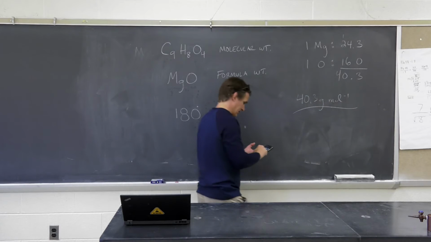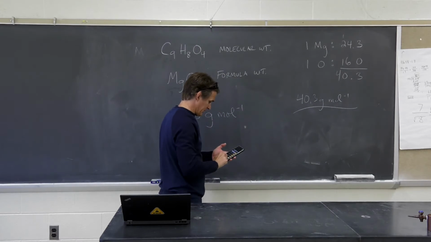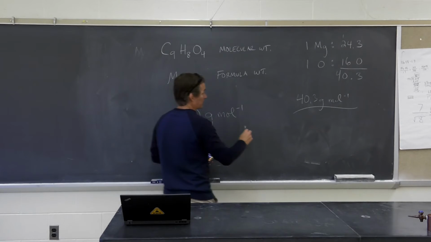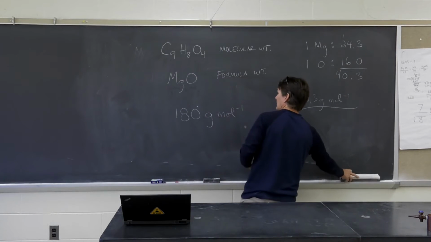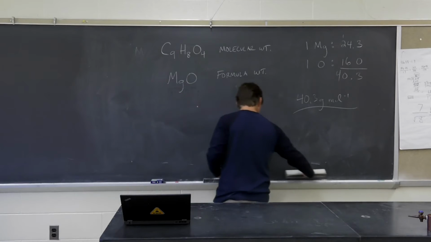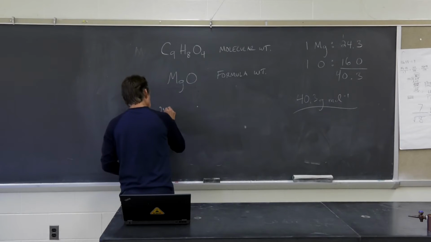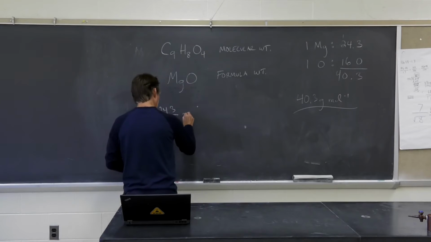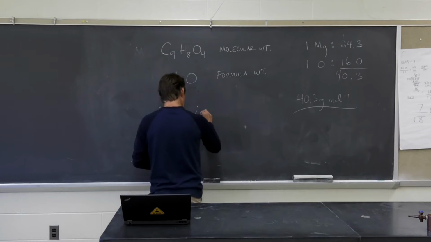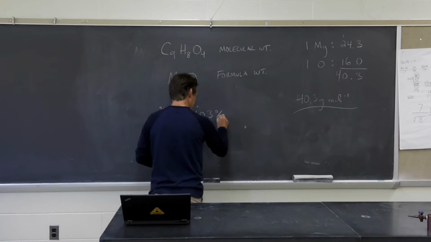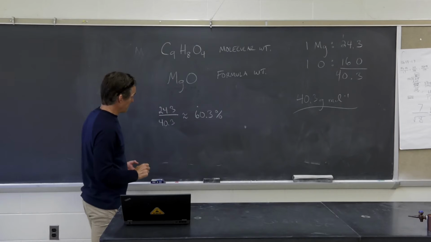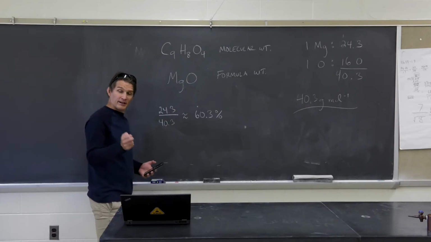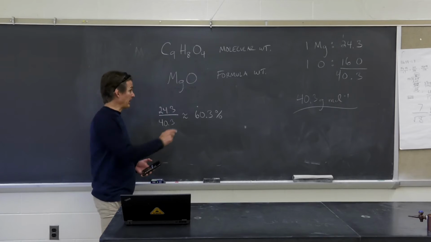I'm going to divide that by 40.3. So if I was going to take a sample of magnesium oxide, we'd always find roughly 24.3 divided by 40.3. That comes out to 60.3%. So every time I analyze some pure magnesium oxide, I'm going to find 60.3% by mass of that compound is